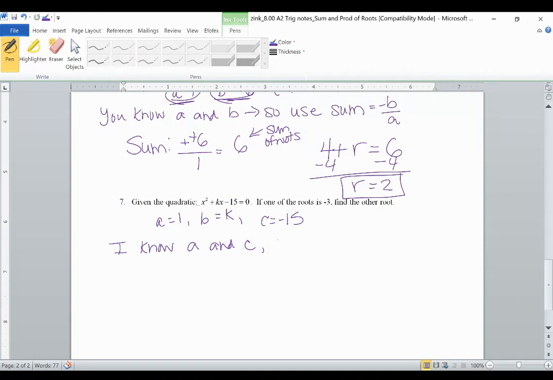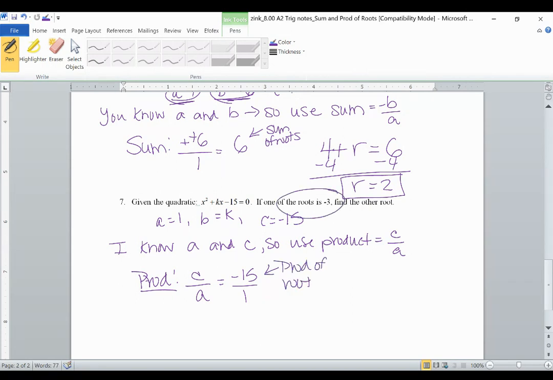So for the product, we're going to take the product as c over a. So that's -15 over 1. So the product of the roots is -15. I know one of the roots is -3. So if one of the roots is -3, then